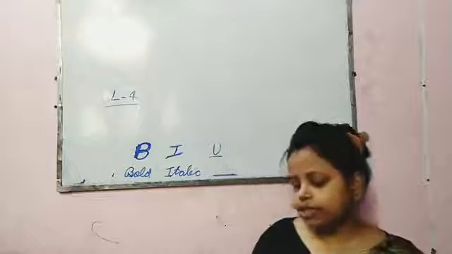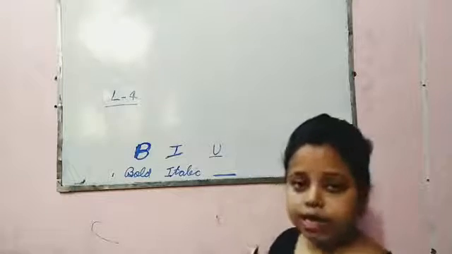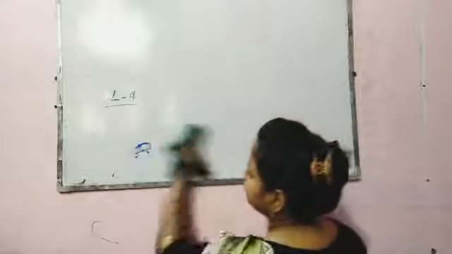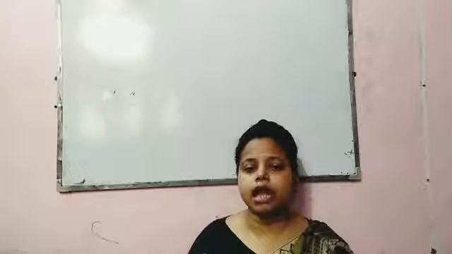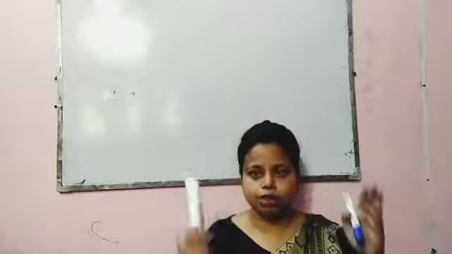Next is changing text alignment. Alignment, students, in MS Word. In MS Word, there are 4 types of alignment. How many types of alignment? 4. And what is alignment? Alignment is the position of your text, means where you want to type. You want to type on the left side, the right side, or the center. Otherwise, you want to type in an equal manner, meaning on both the right side and the left side.